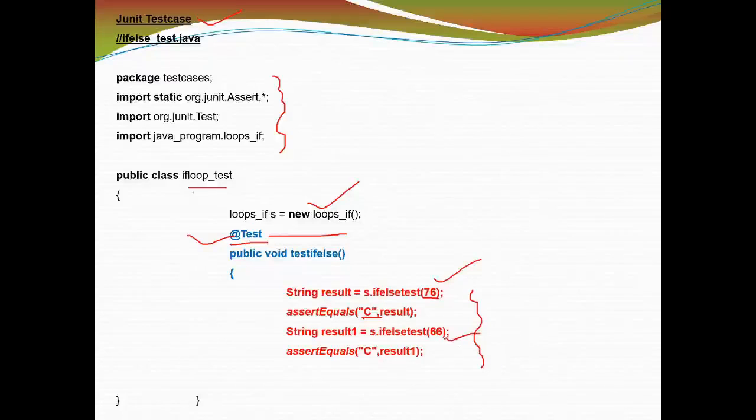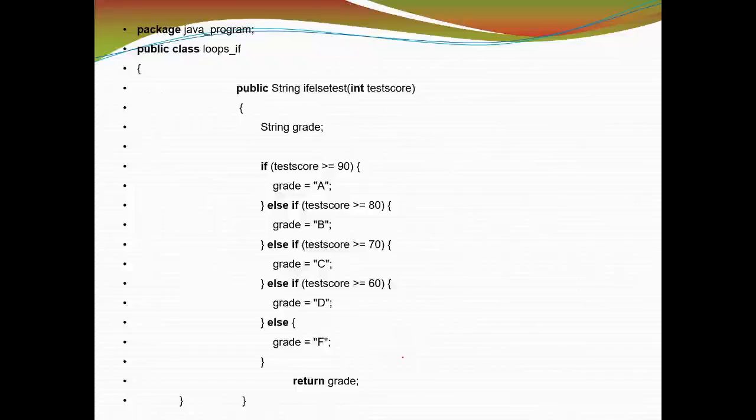Similarly, you are testing here another input value 66. Now 66 also you are going to test under C grade. If the result is true, it is going to return true result, otherwise it is going to return false result. So taking various inputs, you are testing this code here. So like this way,